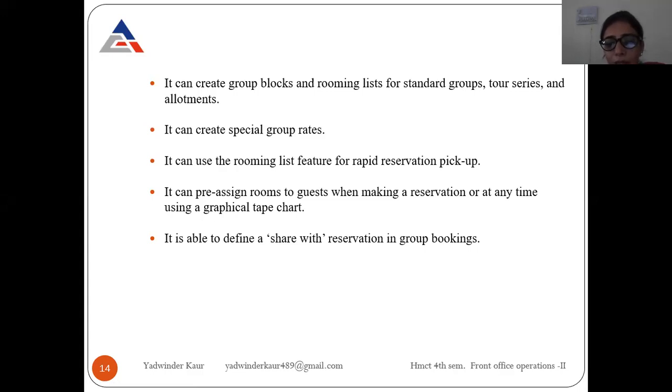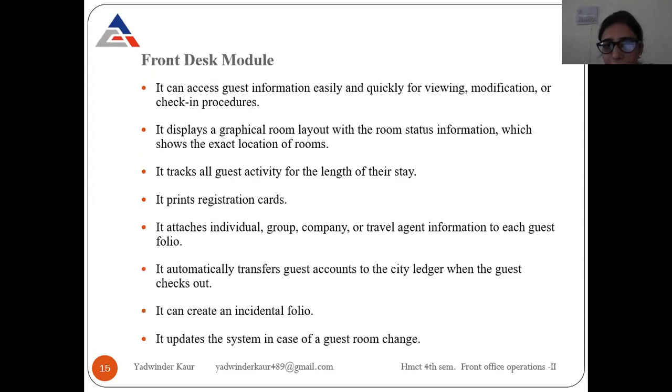Sometimes guests have a preference for a particular room, so we can pre-assign that room before arrival. It is also able to define and share reservations in group bookings, where guests are sharing with someone, so we can do that in room group bookings, right?